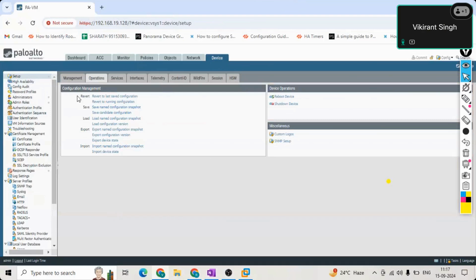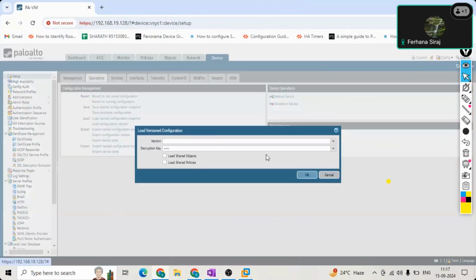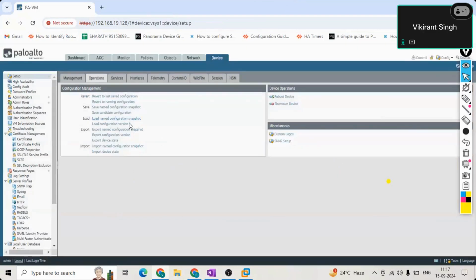Okay. So revert just means reverting the changes. Save the changes. Saved changes can be reverted. Load, whatever you have saved, you can load. Right? You can load from the saved configuration. Export means